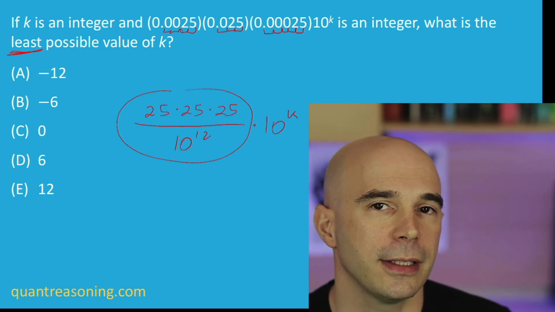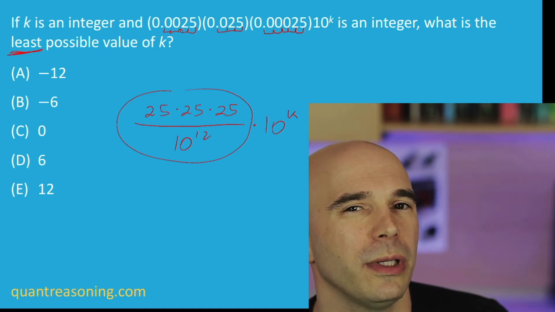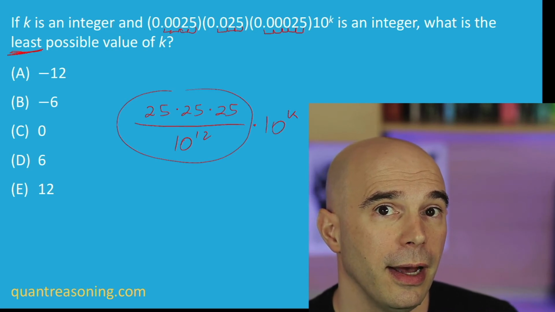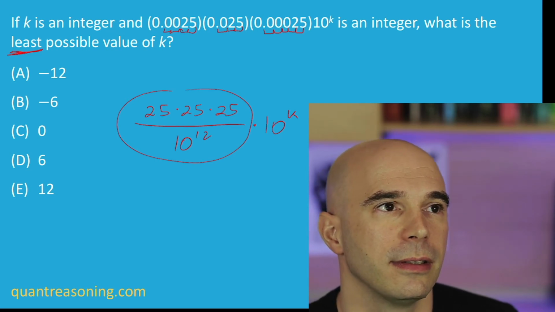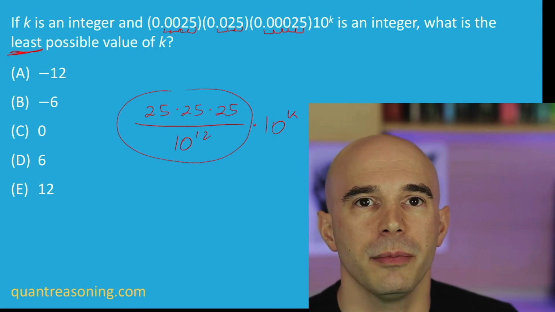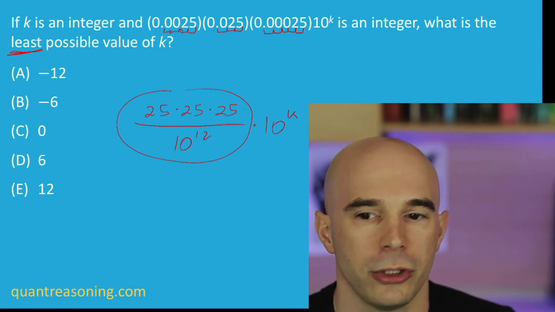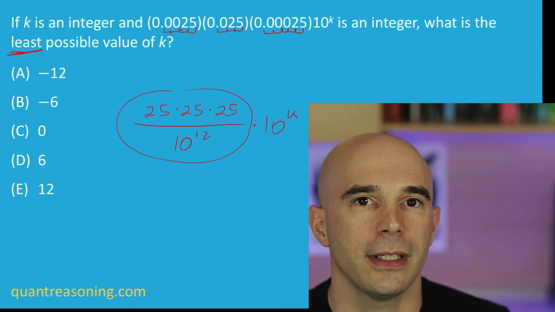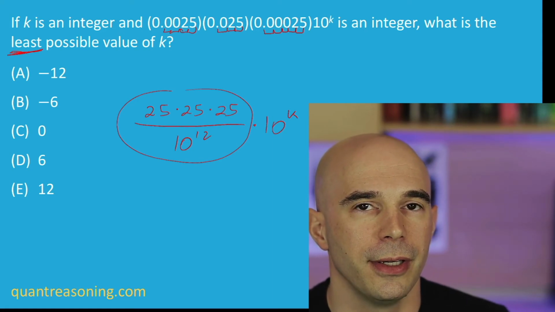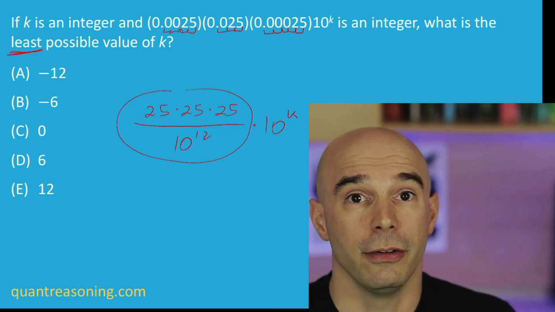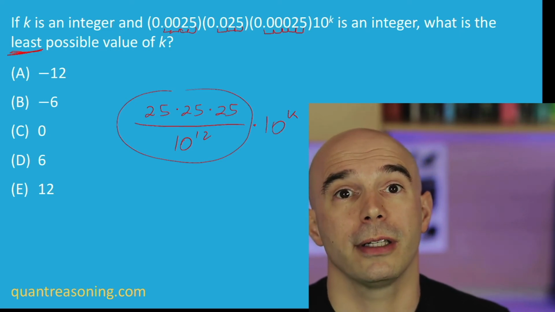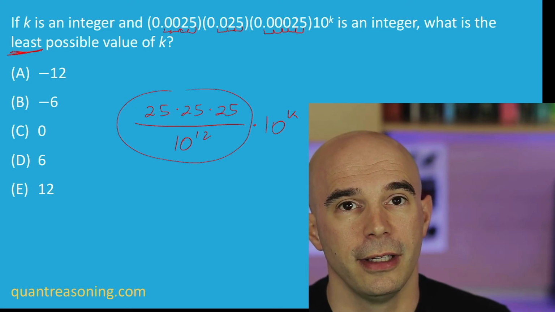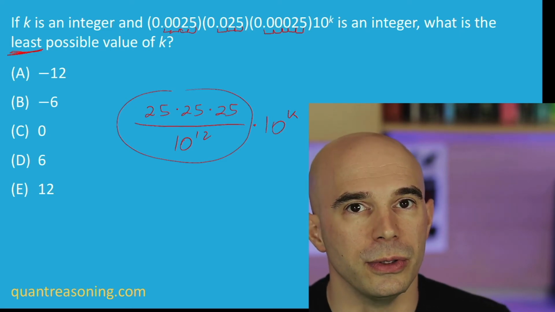And the reason that in this case it doesn't matter is because we only have 5s in the top, and you can't reduce. You could have an infinite number of 5s, you still wouldn't be able to reduce any 10s from the denominator. Because in order to reduce a 10 from the denominator, you'd need a pair of 2 and 5. That's the prime box of 10, it's 2 to the power of 1, 5 to the power of 1, 2 times 5. So in the absence of any 2s in the numerator,